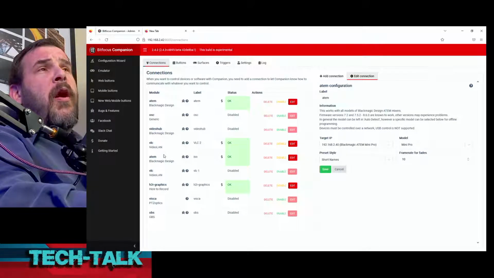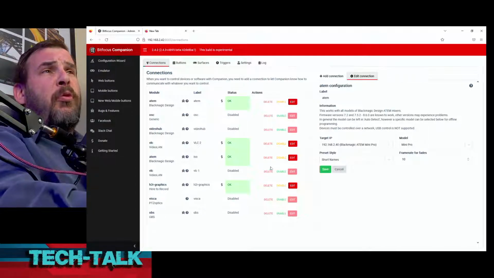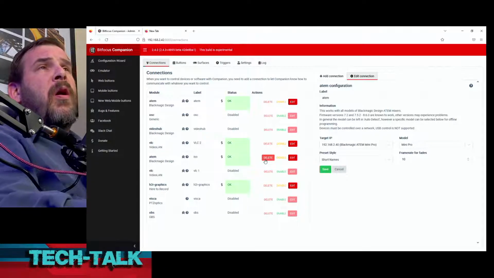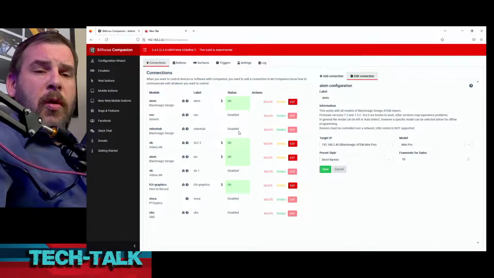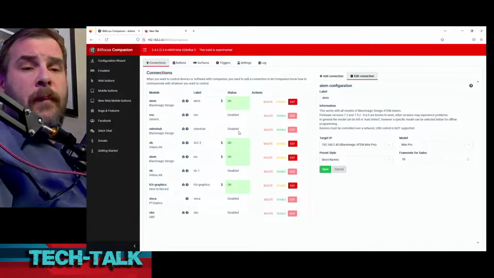VLC, I'm not going to show you guys VLC because there is a password on there. But let me see. I'm going to cut away from this real quick. I'm going to see if I can do something for you guys so you can actually see what I'm talking about, because I want you guys to see what the power of this equipment is. And the reason I like VLC is because VLC player you can run on